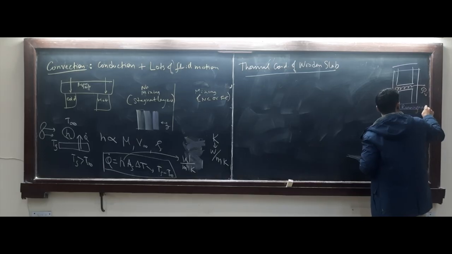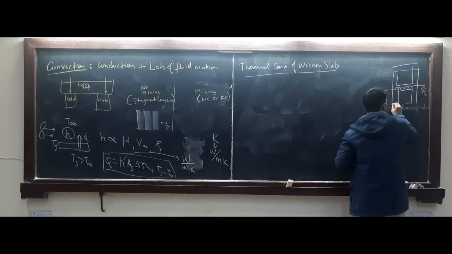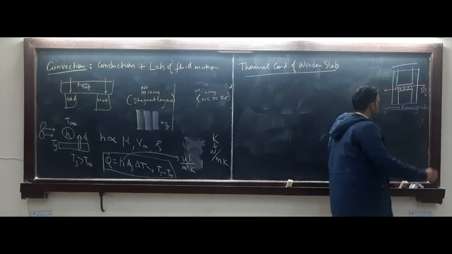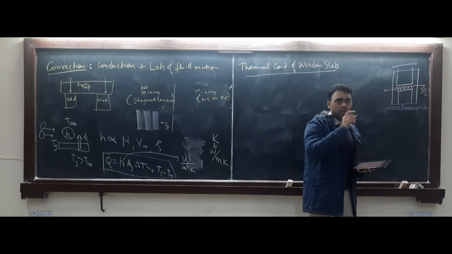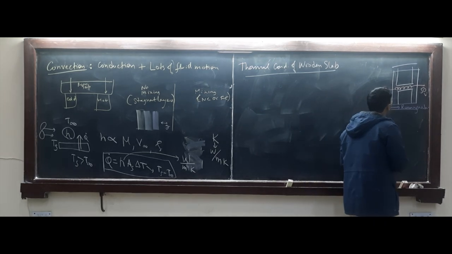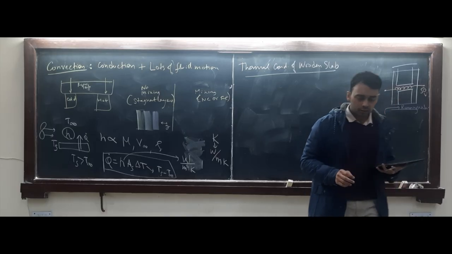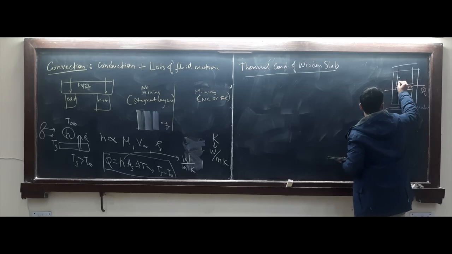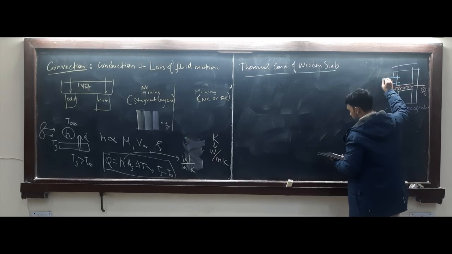Why running water? So that this surface is maintained at a constant temperature, and that temperature we would know. So that you can have a steady condition over some time, over an hour or so. And we would add thermocouples, basically thermosensors or thermometers if you would, which you could squish inside the material so that you can take a temperature reading. And then we would see what is the delta T.